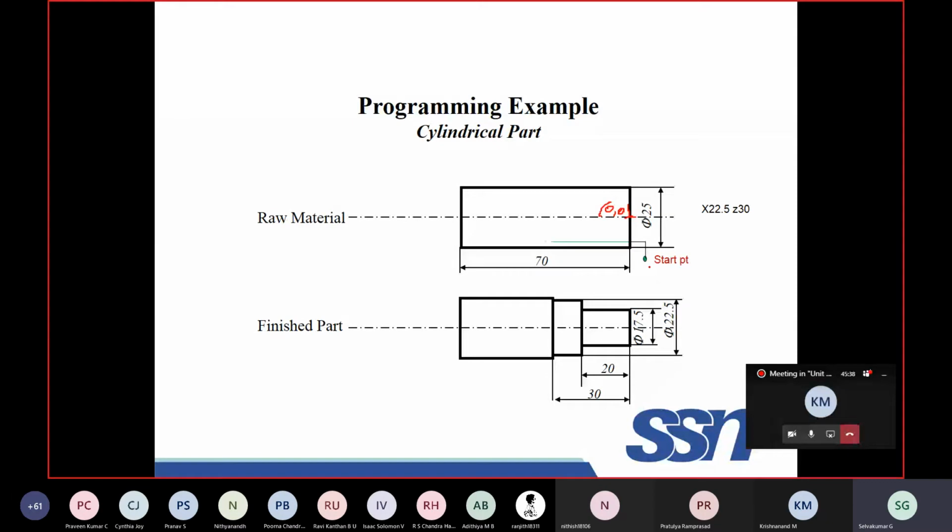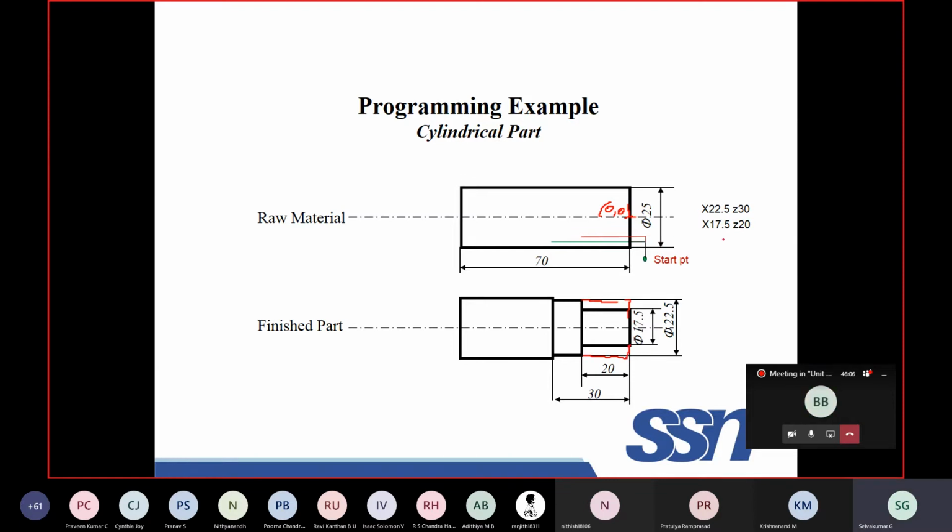And I am writing a program to move the tool from here to here and move to this distance. Single turning. While it is moving along this green line, what happens? This portion will be done. After the green line execution, what happened? Your job will be like this.